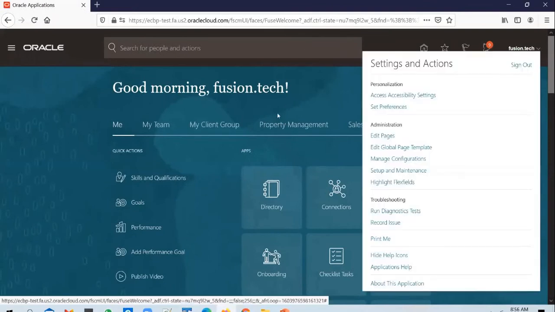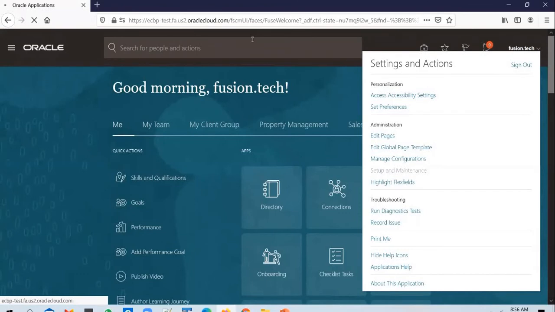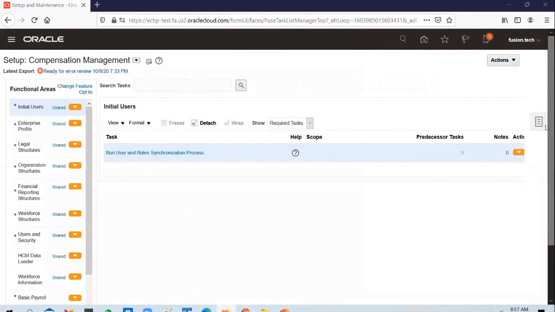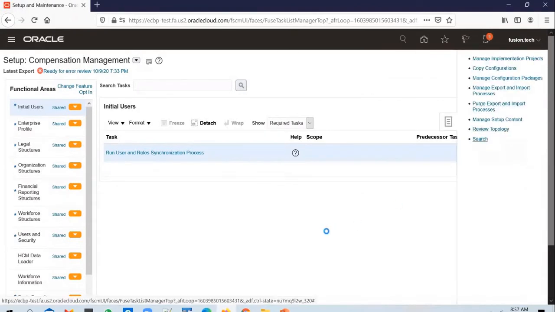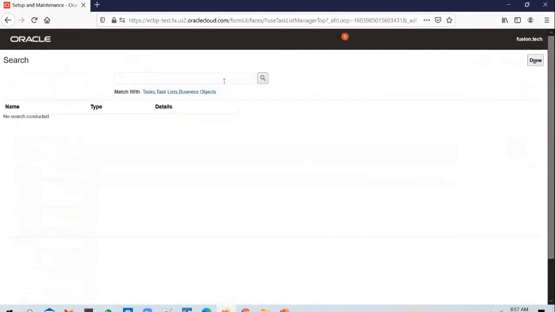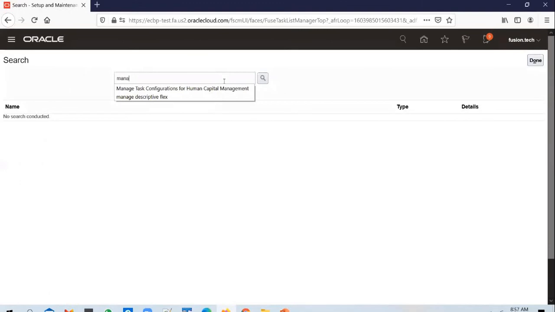And you go to setup and maintenance. And you go to the global search screen and you search for manage grades here.